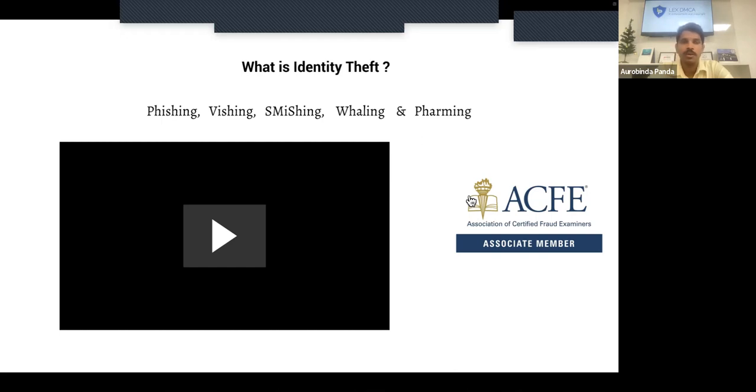So with regard to phishing, what do you mean by phishing? It is when you get an email asking you for some information, pretending to be, let's say, your bank, or someone that you know. They are asking for information, maybe a spam email or something. That amounts to phishing, where they are going to take your identity by treating you as the prey.